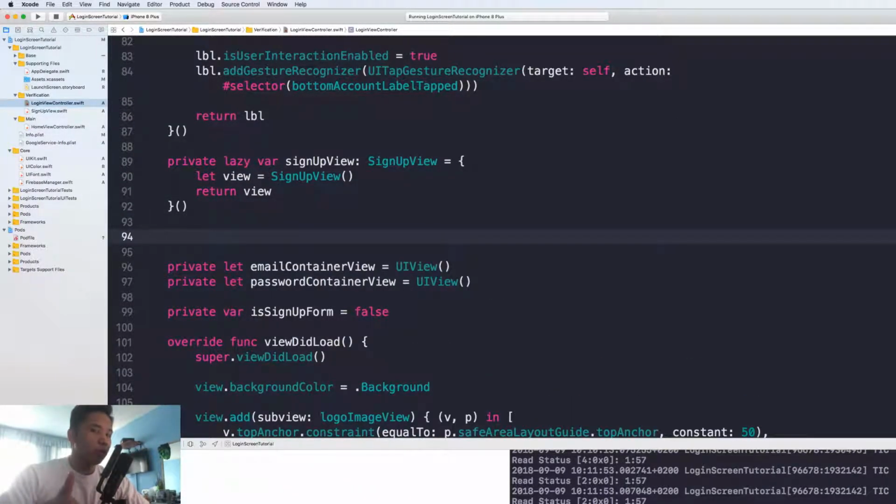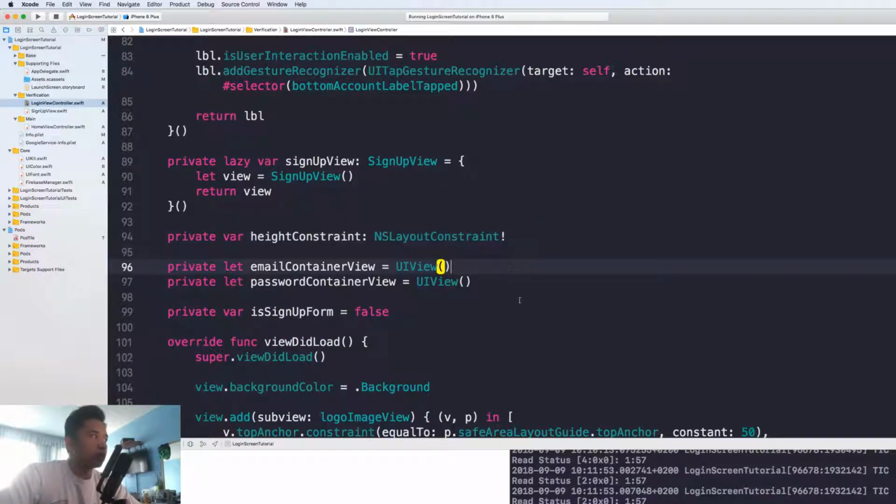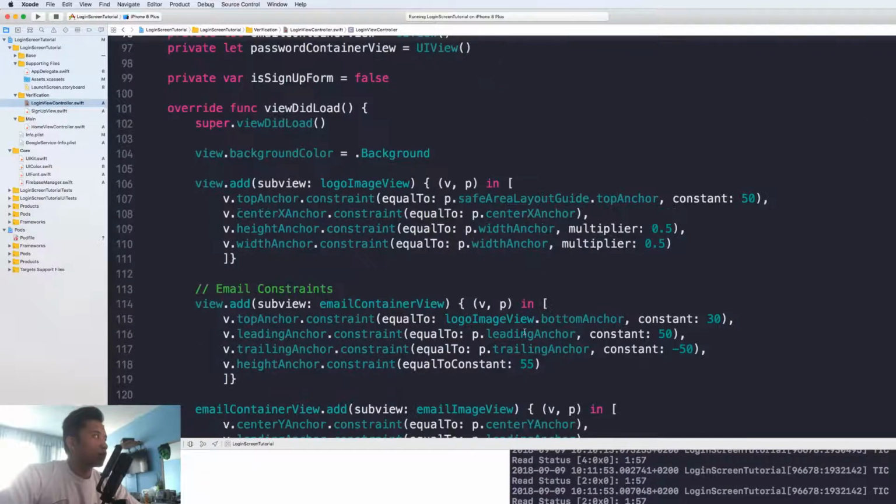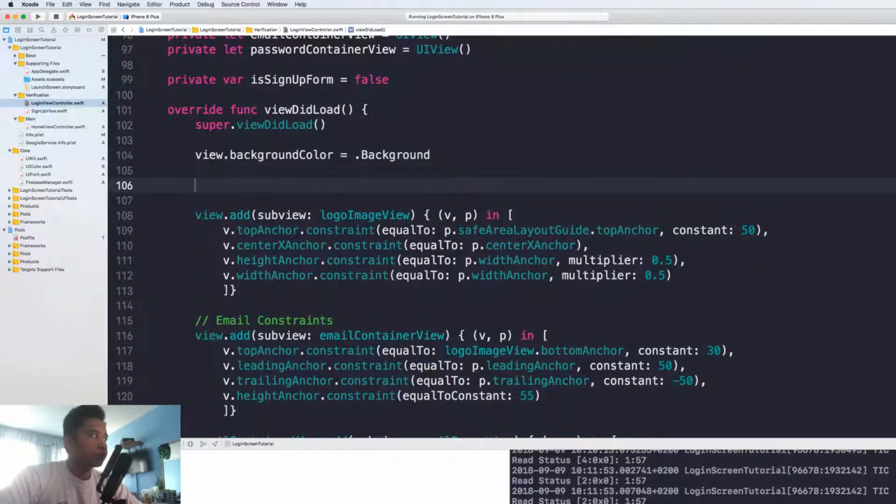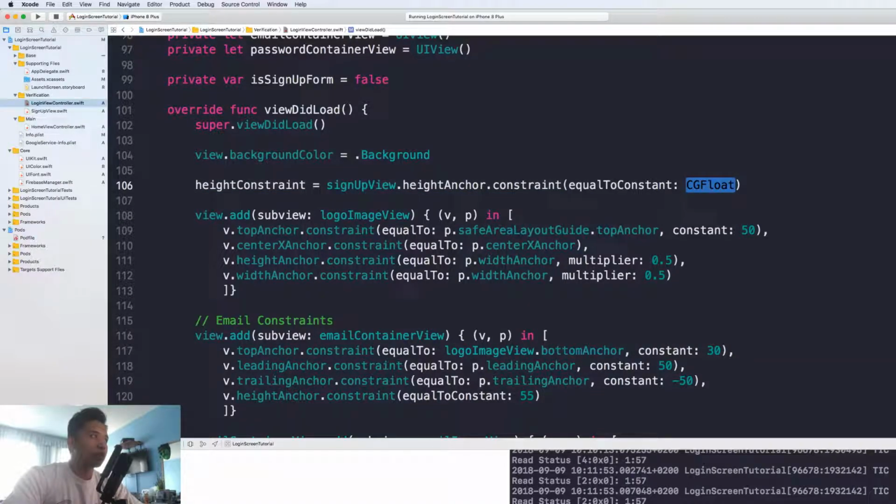All right. And now, how does the animation work? How do we have a view from below push up to whatever height we give it? And the way we do that is we're going to create a variable called sign up view height constraint. You can call it height constraint too. I mean, it's up to you how you call it. It just has to be clear. I'm going to call it NSLayoutConstraint. I'm going to force it to be non-nil. And right here, I'm going to call height constraint equals sign up view dot height anchor dot constraint to a constant of 0,